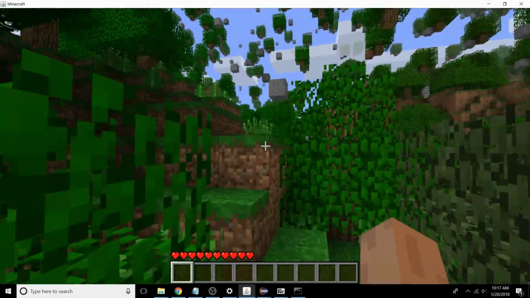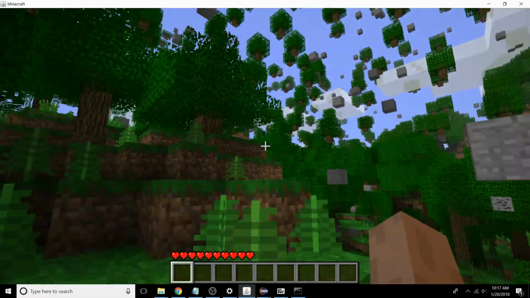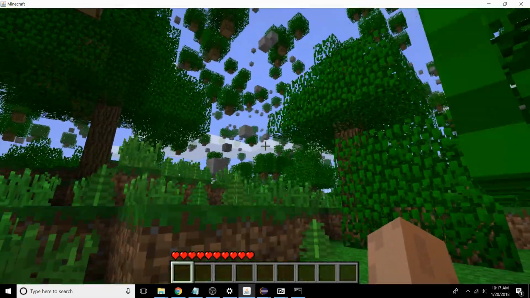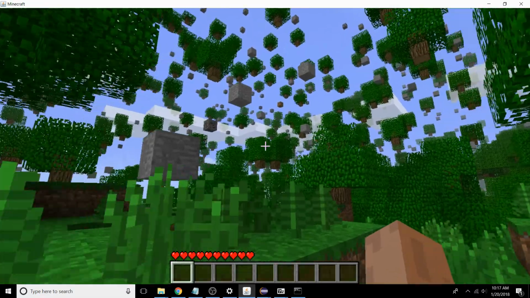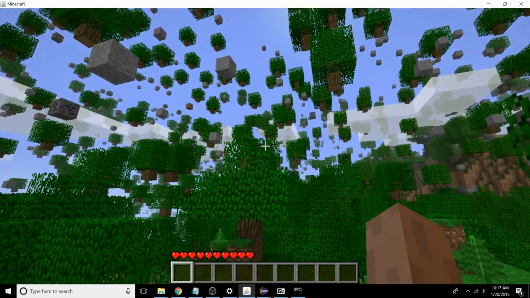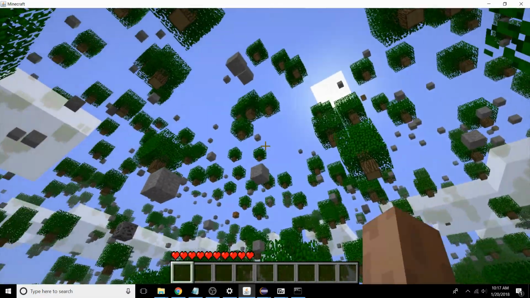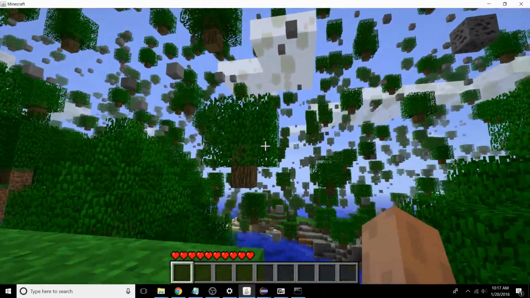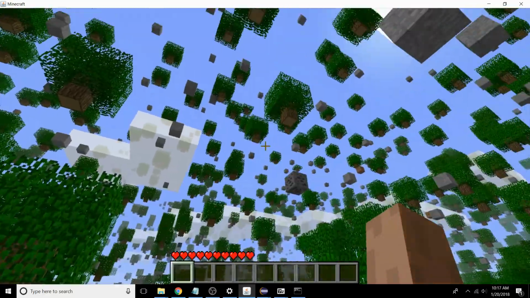Because it's still generating 10 bushes per chunk. So, I mean, the bush is multiple times bigger than a single block, so it ends up really filling up